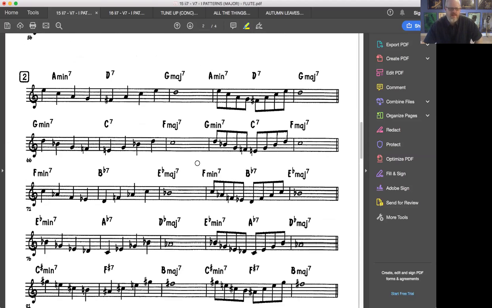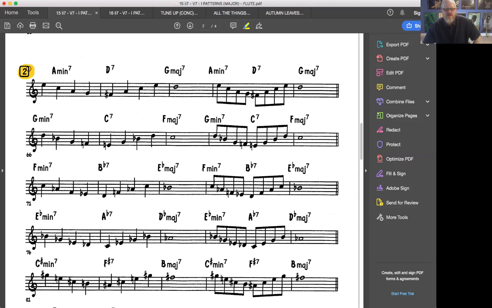Hopefully you were able to kind of keep up there. Now we're going to look at exercise 2, which still is the same type of chord progression. Nothing has changed except the pattern has changed. So this one goes like this. And if you'll notice with this, you have the 5th of the A minor 7 chord, you have the 3rd of the A minor 7 chord, you have the root of the A minor 7 chord, and then the dominant 7th of the A minor 7, leading to